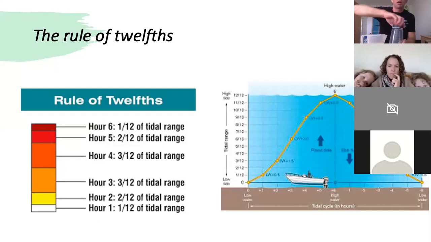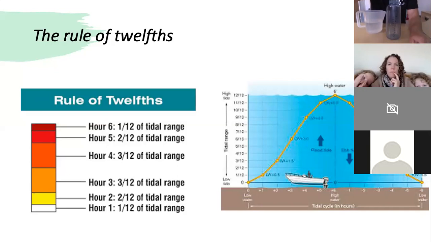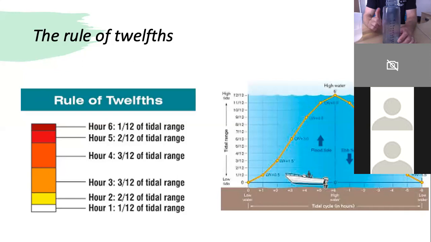So in the first hour of tide, if you can bear with me, let's imagine low tide is at 12 o'clock midday. By 1 o'clock, the tide will have come in 1/12 of the total amount that it's going to come in. But by 2 o'clock, it will come in twice as much. There's twice as much water comes in. So it will come in 2/12. I'm not very accurate. In the third hour, by 3 o'clock, we have 3 times as much water that comes in. So it will come in 3/12.